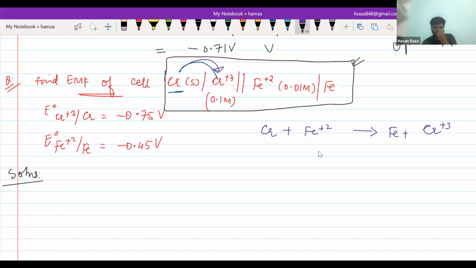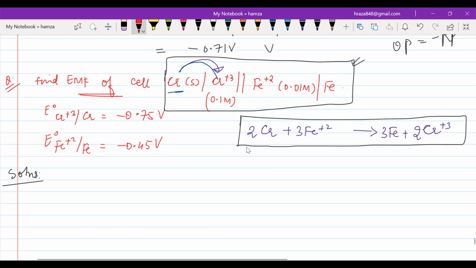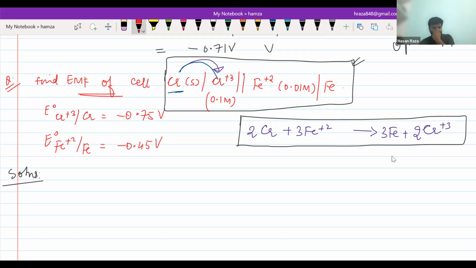To balance this equation, you need to multiply it by 2 and 2, and you need to multiply it by 3 and 3. This is the perfect equation. Yes or no, Sneha? This is the right equation from the representation. Okay, Hamza? Yes, sir. Now see, this is the equation we got, and the total number of electrons n will be equal to